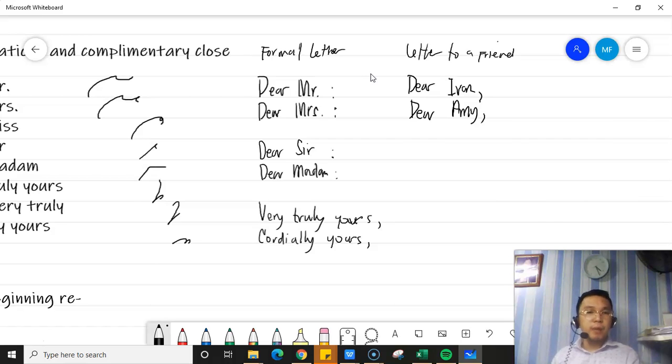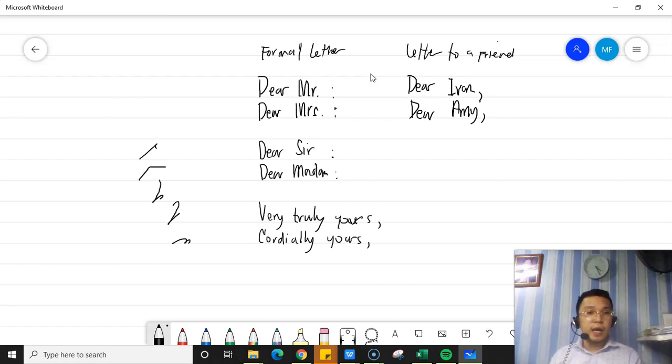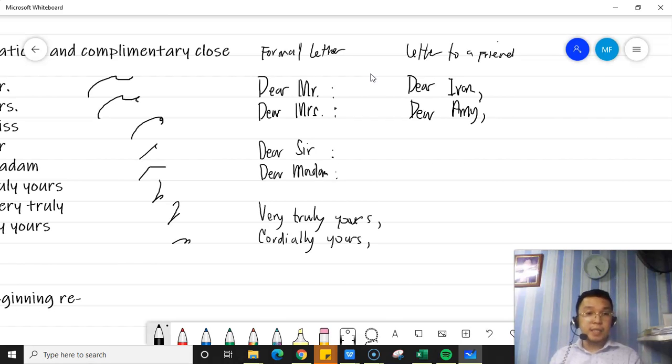Okay? Meron mga rulings pagdating sa open punctuation tsaka standard punctuation. Kailan ba yon? Ginagamit natin ang tinatawag na open punctuation. We don't have to put a comma and then colon dun sa complementary clause at saka sa salutation pagdating sa full block and semi block style, or sorry, modified block style ng letter.